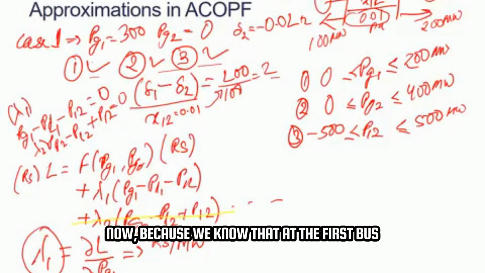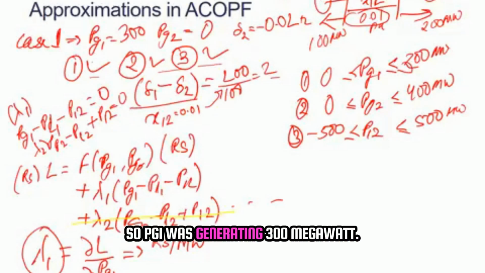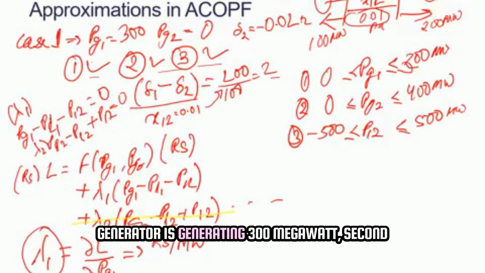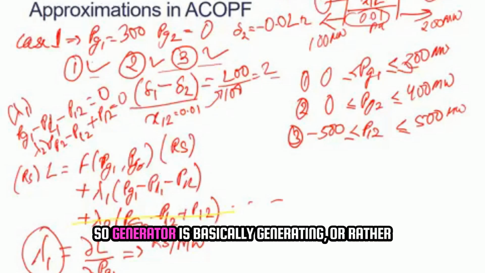Because we know that at the first bus the power generation was 300 megawatt, so Pg1 was generating 300 megawatt. So here you know that the first generator is generating 300 megawatt, the second generator is generating 0 megawatt. So what is the cost which is required by the generator? So the generator is basically generating,